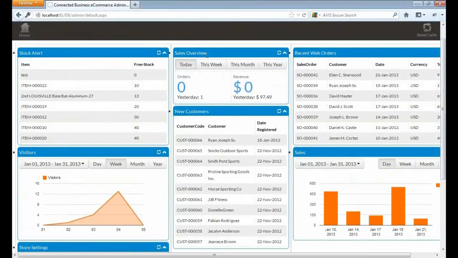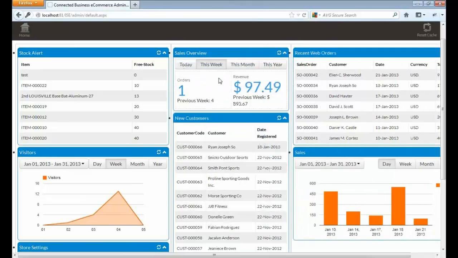And on the upper right hand, we have the sales overview. So we also have an option to view for today, this week, this month, and this year. So for today, we don't have any orders, but yesterday we have one, and our revenue for today is 0, and yesterday we have 97. If we view this week, we have 1 order, and in the previous week we have 4. So basically our revenue for this week is around $97, but in the previous week we have